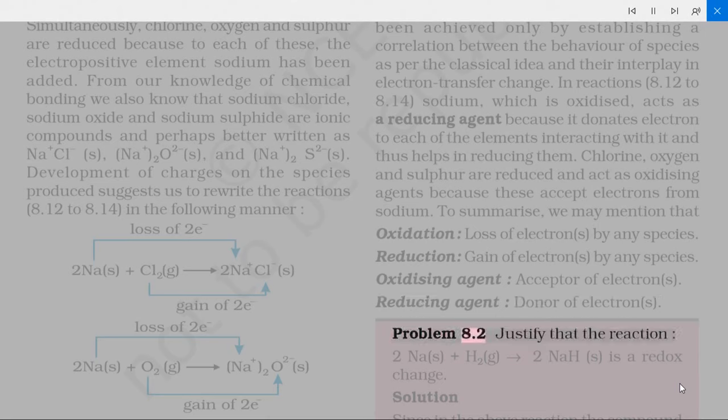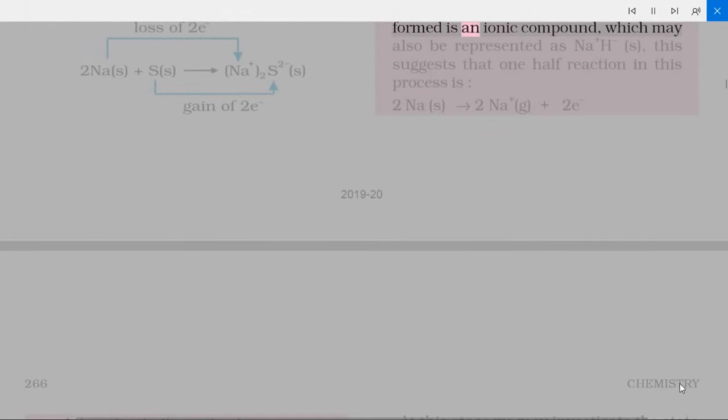Problem 8.2: Justify that the reaction 2Na(s) + H2(g) → 2NaH(s) is a redox change. Solution: Since in the above reaction the compound formed is an ionic compound, which may also be represented as Na+H−(s), this suggests that one half reaction in this process is